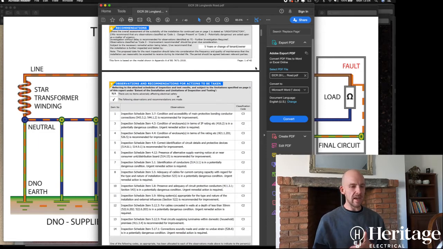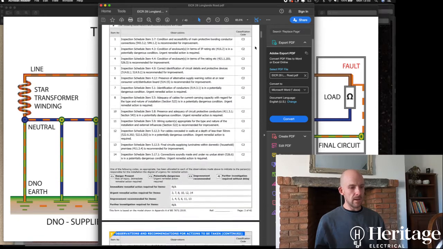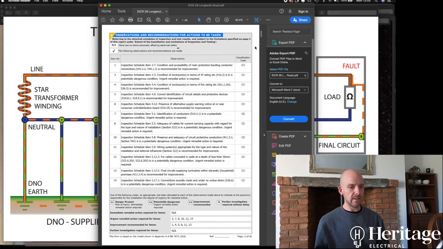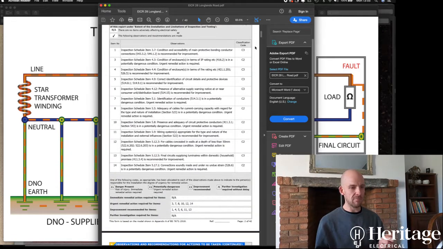This is where things get a little bit confusing for the layman who hasn't had any formal training in any of this. We get on to a series of observations. So this is like a summary of observations and recommendations for action. So you see in this instance, there are no C1s, so there's nothing that's immediately dangerous that needed rectifying, but there's a number of C3s and a number of C2s. So the C3s,